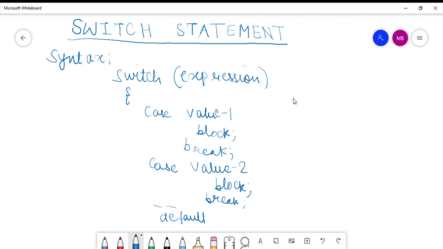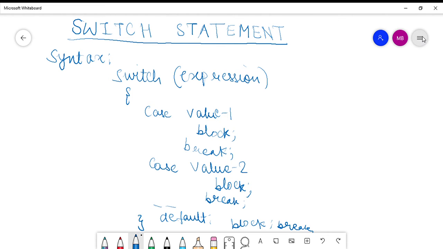Just in case there is no match from the case values that we have provided, the default case would be executed. A block related to this default case would be executed. You would come out using the break and then a closing parenthesis. So this is the syntax for a switch statement.